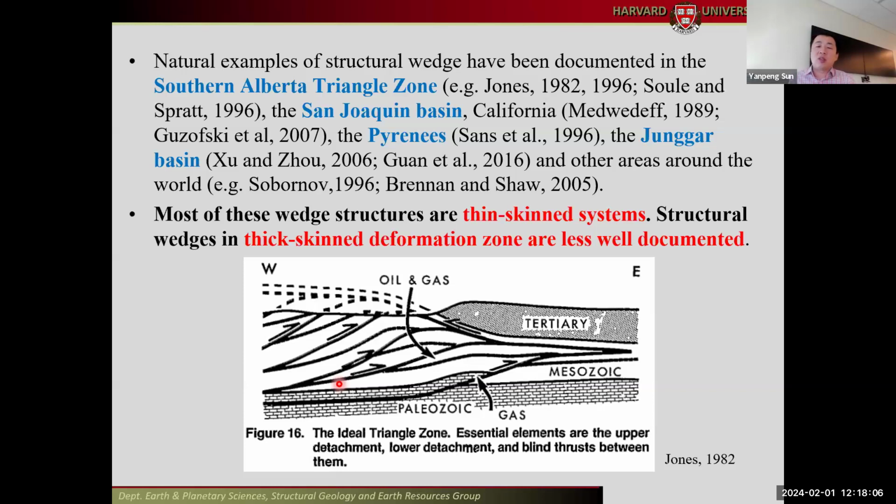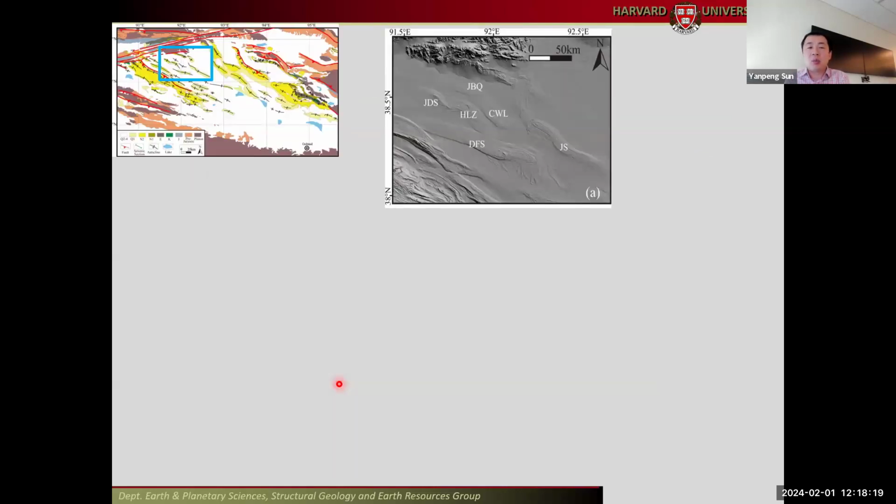But most of these wedge structures are thin-skinned systems, meaning that they do not involve the basement. The structural wedges in a thick-skinned system are less well documented. And here in the Qaidam Basin, coming back to the seismic, we have the opportunity to really constrain these basement-involved structural wedges. So here we're coming to the northern side of the basin, where again I've got